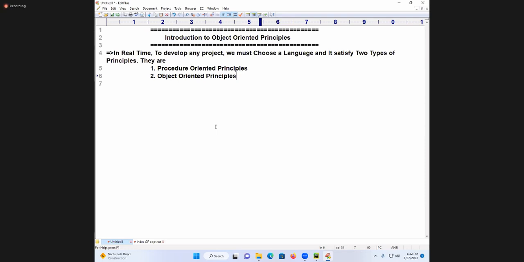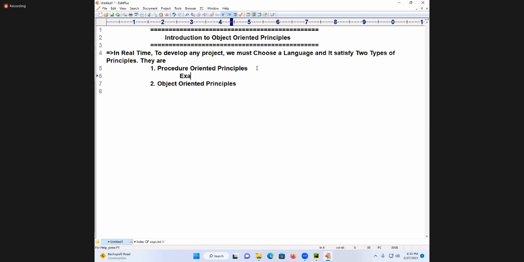Based on circumstances, he may become good, may become bad. If he satisfies good principles, that student is called good. If the student satisfies bad principles, he is called bad. Likewise, if any programming language satisfies procedure-oriented principles, that language is called